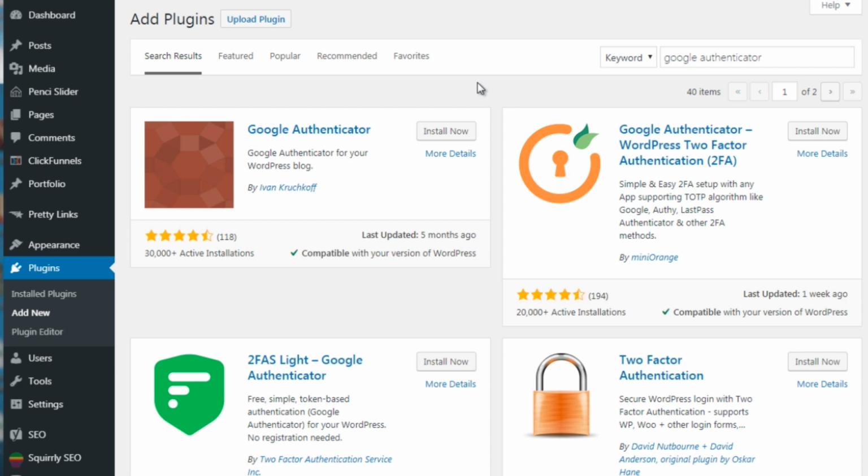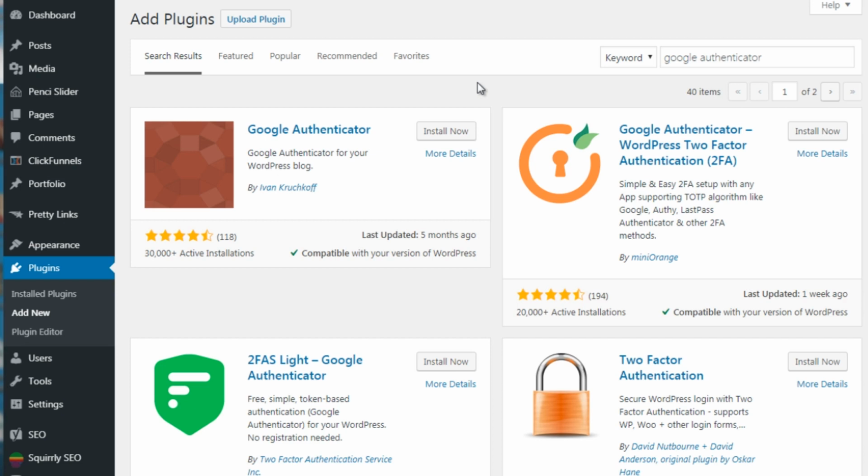A lot of times, the reason why it's called two-factor is because you'll have to log in, number one, but once you've logged in, you'll have to use some sort of app. So this way, you really protect yourself from getting a brute force attack. A brute force attack is basically somebody trying to log in to your WordPress site, but in order to do that, they have to guess hundreds of times or even thousands of times what your